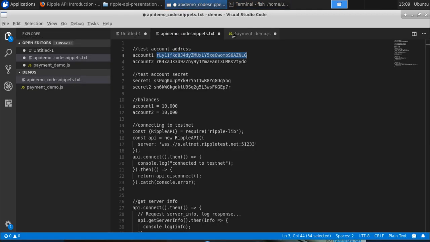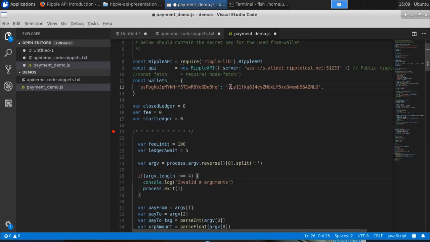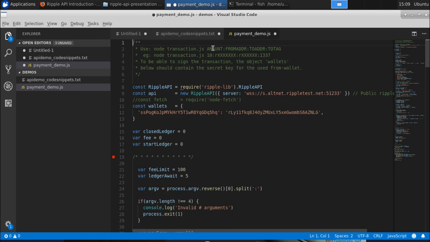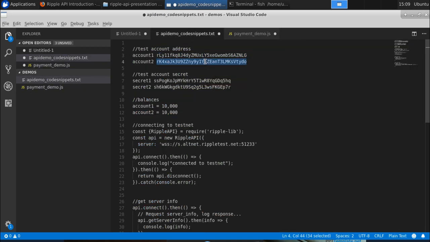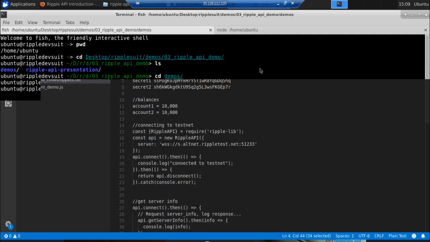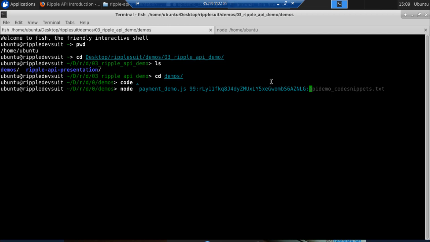By the way, here is the format at the beginning of the code: amount, from address, to address, and to tag. So the to address is account 2, and for the tag I will just put payment demo, in quotes. Let's hit enter.